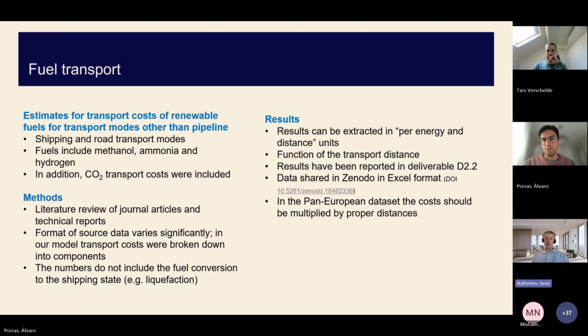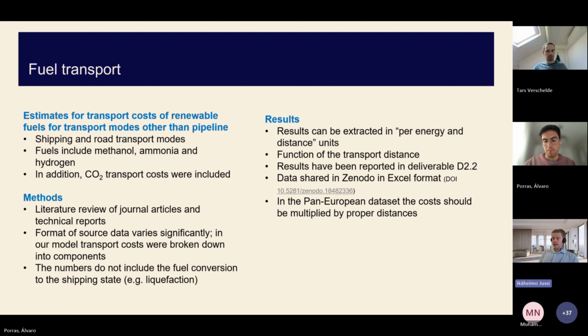You can easily understand that, for example, if you just transport fuel over a distance of 50 meters by truck, there's still quite a lot of costs, so it's not close to zero. But in the cost model, the user can select this transport distance and then get the results.